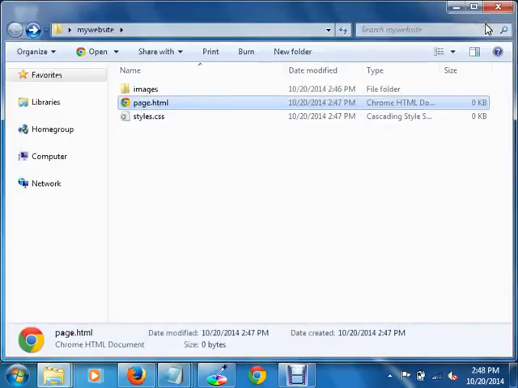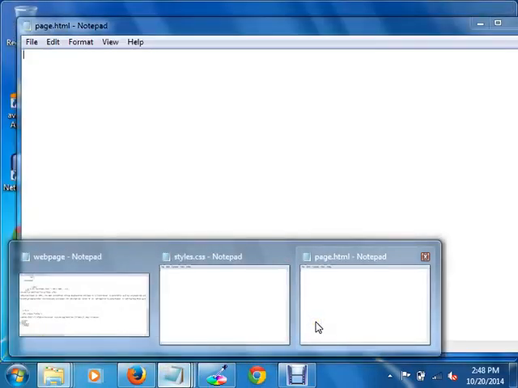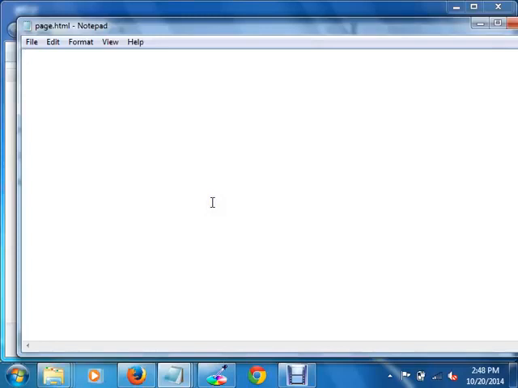Okay. Now tell me first, how to make a CSS link in HTML. First, HTML having, what are the two basic tags of HTML? Head and the body. So first I am writing the basic tags.